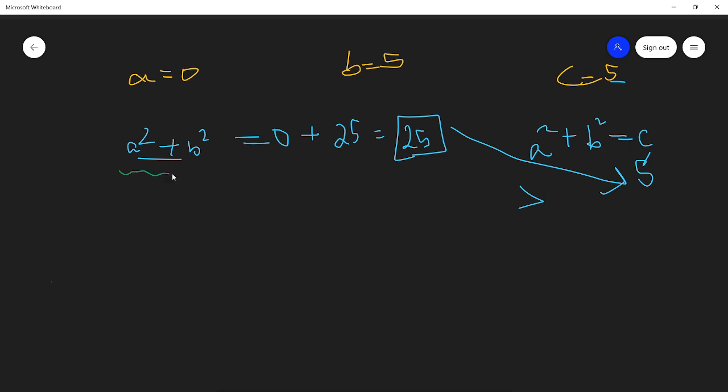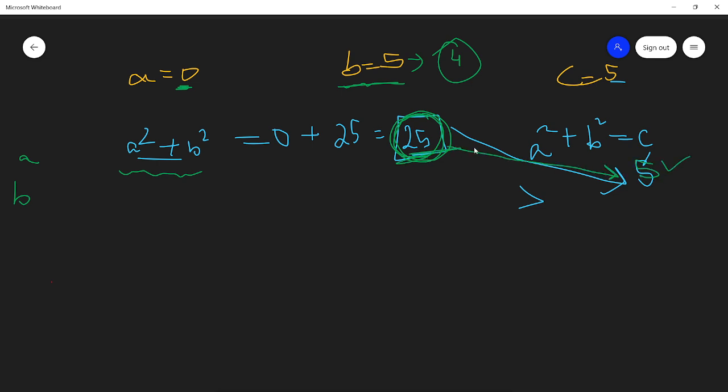So what do you think, should we decrease the value of a or the value of b? I hope you guessed it. Obviously we will be decreasing b, because a is already 0. So we can make b as 4 now. Why are we decreasing b? Because the square sum was way higher than the expected sum.